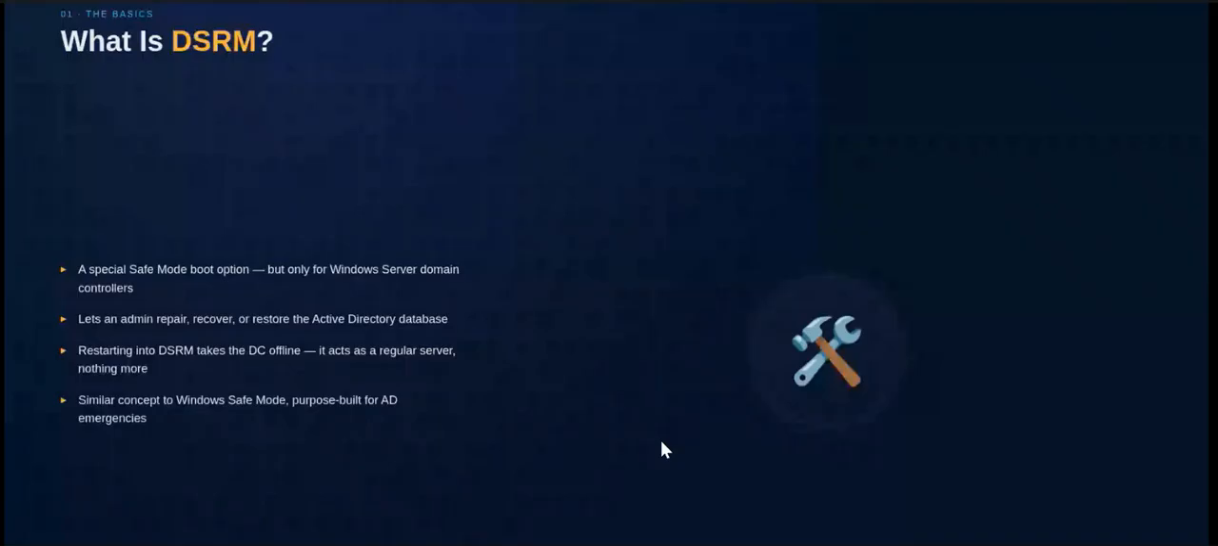Because if the AD database itself has a problem, you don't necessarily want AD running while you are trying to repair or restore the database, right? For example, if I have a DC called DC01 and the Active Directory database on DC01 needs to be restored from a backup, DSRM gives me an offline environment where I can perform that recovery operation. Okay,